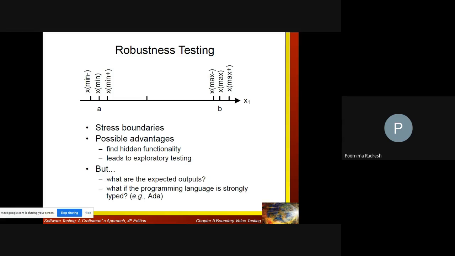If it is a strongly typed program, for example a programming language such as Ada, which is a strongly typed programming language, for such types of languages robustness testing looks awkward. Understood? All of you following, right? For strongly typed programming languages such as the Ada language, robustness testing looks very awkward because